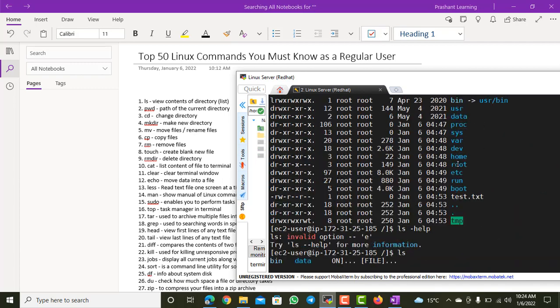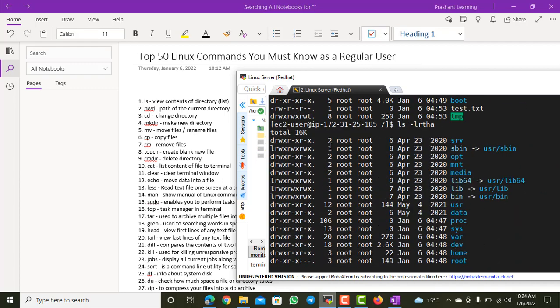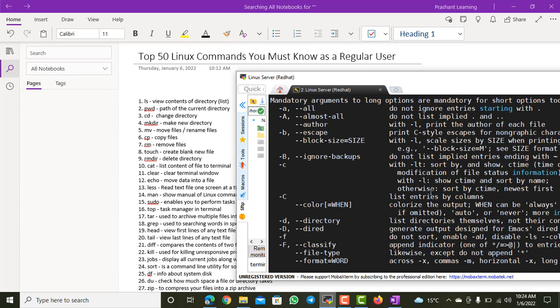So if you see the output, it is coming in a particular size, suppose 2.76k, 8k. If something is in megabytes, it will show MB. All the information will be available via the help option.